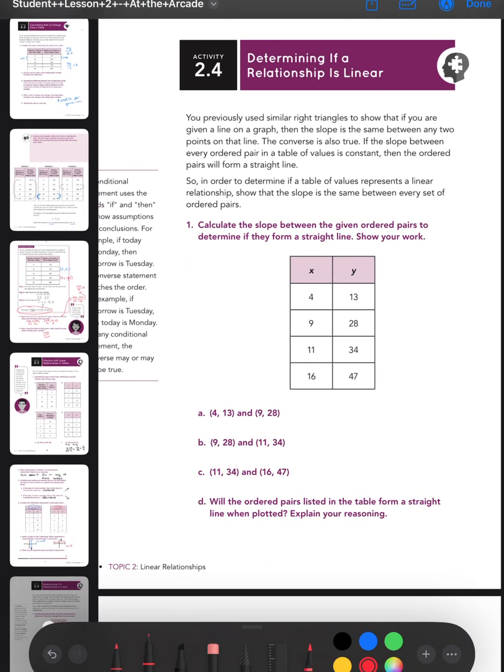All right, so next, determining if a relationship is linear. It says we previously used similar right triangles to show that for a given line on a graph, the slope is the same between any two points on the graph. The converse is also true. If the slope between ordered pairs in a table of values is constant, then the ordered pairs will form a straight line. So in order to determine if a table of values represents a linear relationship, we have to show the slope